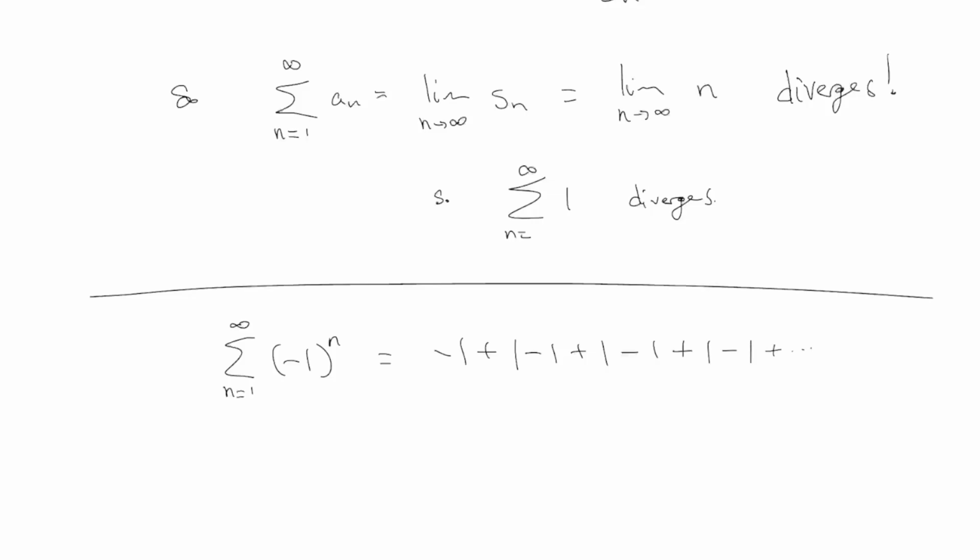I don't know if this is something you ever wondered about as a kid on the playground. Do kids talk about this on the playground these days? What do you get if you add together negative 1 plus 1 plus negative 1 plus 1? Yeah? Does it add up to 0? This is the natural thing to consider. It seems to me it would make sense to say this all adds up to 0. Anybody disagree with that sentiment? Actually, there are some reasons why you might say, actually, I don't think that should add up to 0.